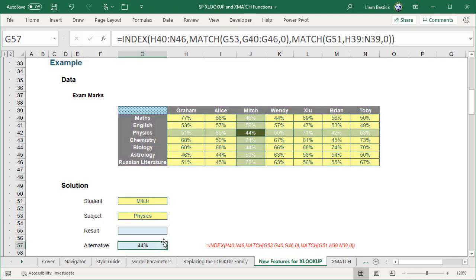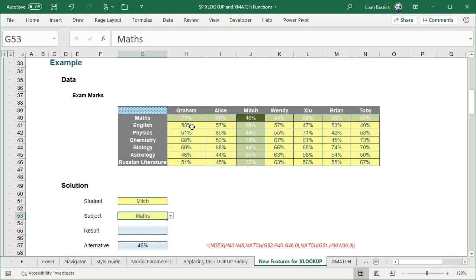If I go in there and change Mitch to, let's say, maths, it's now 46%, and you can see how this is working. This is what we've got: nested functions, INDEX, MATCH, MATCH. Now if I want to do this with XLOOKUP, bearing in mind I've got